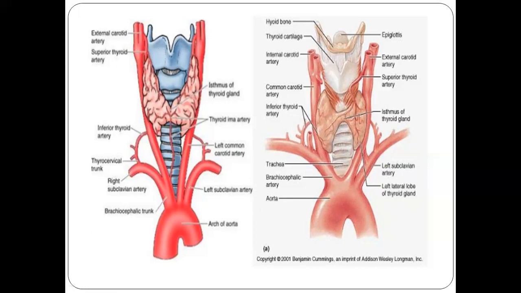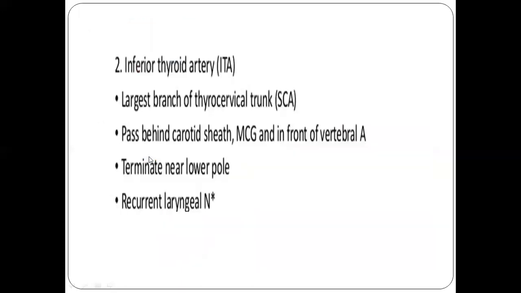What is the recurrent laryngeal nerve? It is a nerve which lies above and below the thyroid artery. If one side of the recurrent laryngeal nerve is damaged, what happens? Hoarseness of the voice occurs in the patient. The voice becomes hoarse, or so heavy. And whenever both sides of the recurrent laryngeal nerve are damaged, which is very unlikely, it can cause laryngeal spasm or severe respiratory distress. And in that case, immediately we have to go for the tracheostomy. So this is all about it.